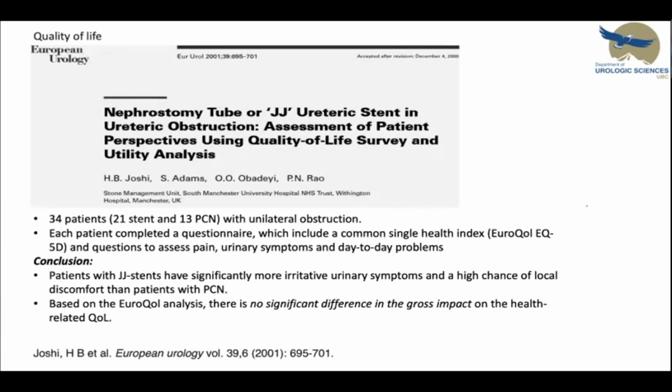This study done by Joshi and colleagues included 34 patients, 21 in a stent group and 31 in a nephrostomy tube group with unilateral obstruction. Each patient completed a questionnaire. They used the EQ-5D quality of life questionnaire to assess pain, urinary symptoms, and day-to-day problems. Their conclusion: patients with double J stent have significantly more irritative urinary symptoms and a high chance of local discomfort